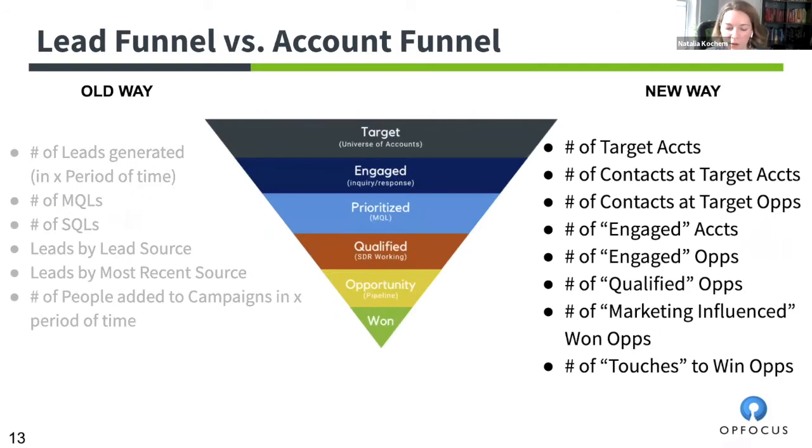What we've seen for these companies is that the ones that recognize, "I've got strategic target accounts that I need to close. I've got 3 to 5 stakeholders that are often involved in the deal. If I can find out who those people are and work them from a marketing perspective and then pass them over to sales, I'm more likely to strategically close this account." So for those types of companies, that old way on the left-hand side, where they were so